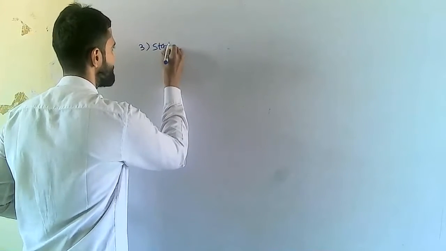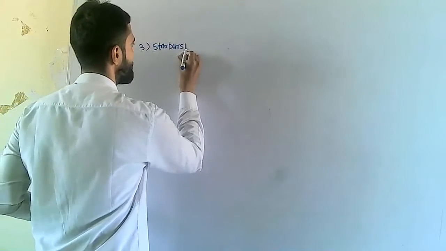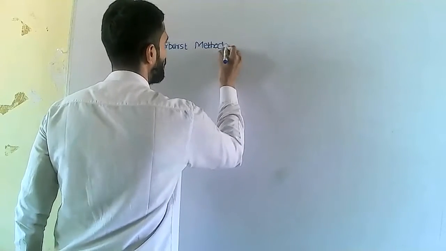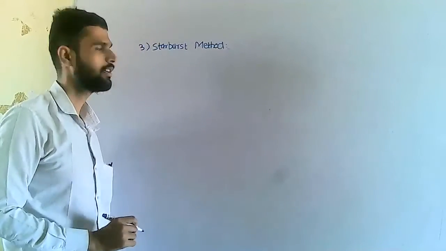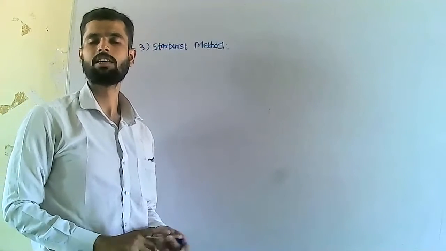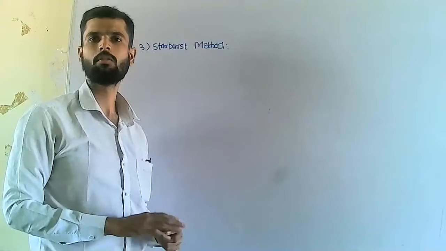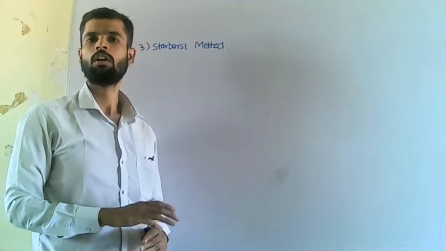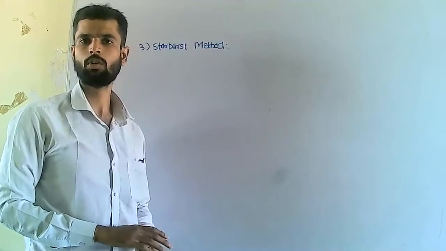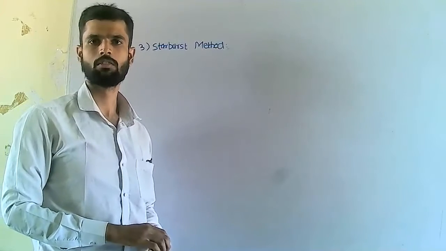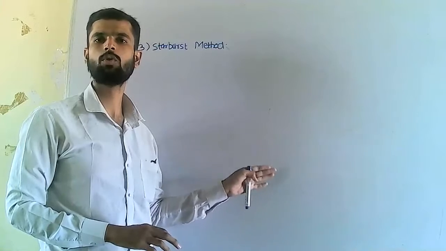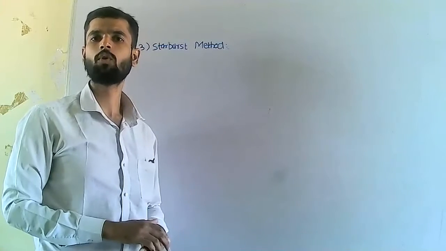Starburst method. So what happens in the starburst method? We will use fixed line segments. There are basically 24 fixed line segments we are going to use for the generation of the character. Okay, and for that line segment we will also use what?